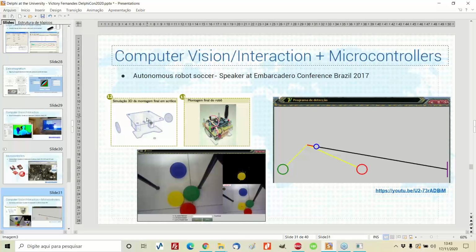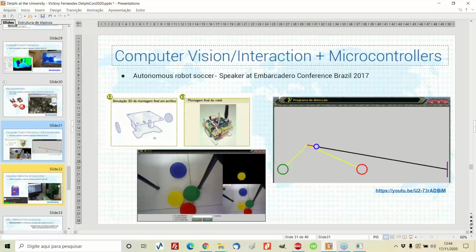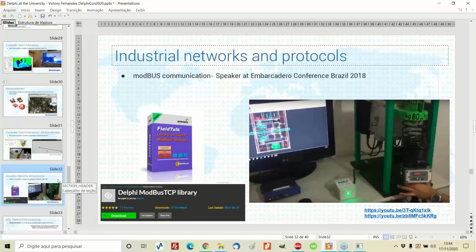So this actually puts together many concepts that we have in the university that we can actually work together, both with Delphi and C++. So those are all ideas that you teachers out there can empower yourselves and actually bring these technologies into your courses, making things more fun for your students and empowering them to then work with whatever. So when I say work with whatever, this is another thing.